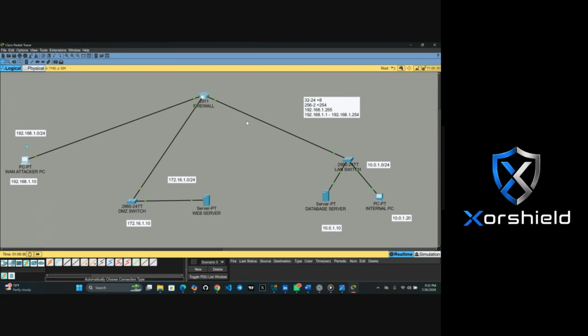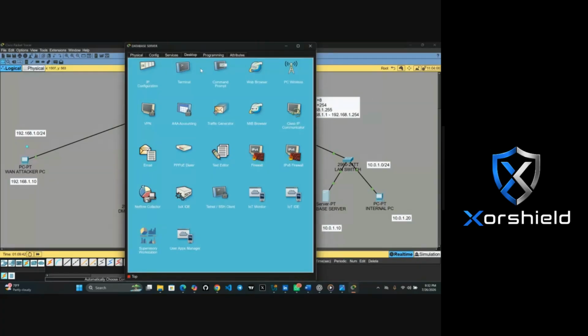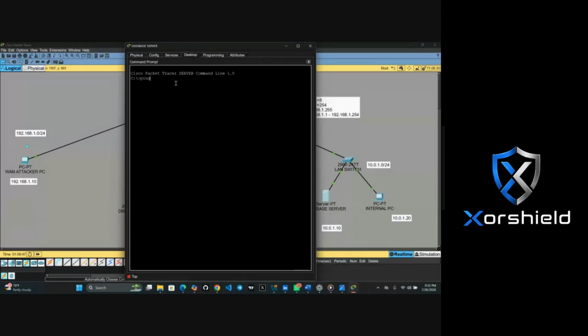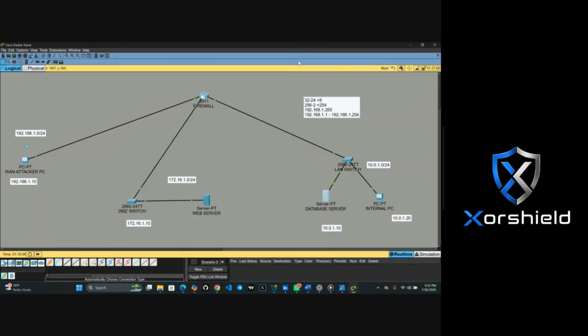Are you getting it? Now, there's another one that we did. Let me try and do it. From this database server now, they said we should have access to our web server. You can come here and just ping 172.16.1.10. I think it should work. Can you see that it's working? Yes. It's because we allowed it. Assuming we did not allow it, it will not work. So that means the essence of this practical is what?